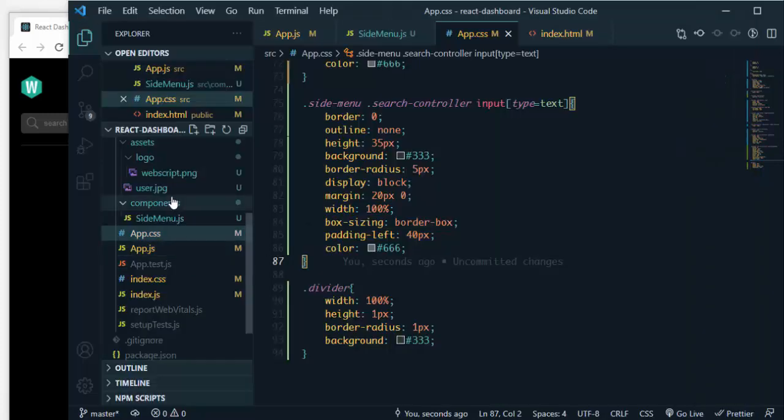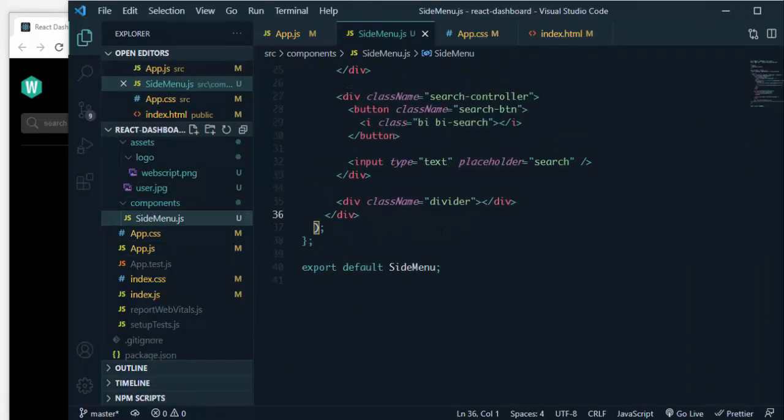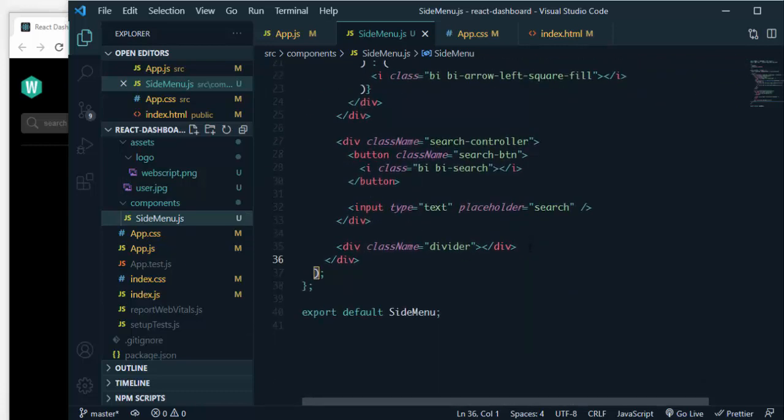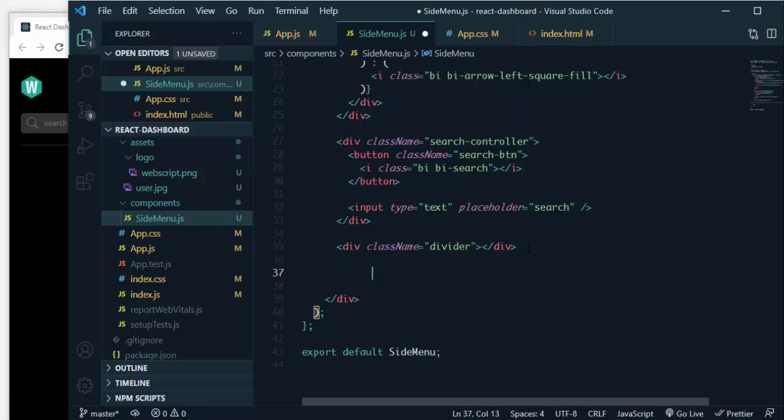Now we are going to add menus within this sidebar. So let's quickly start that part. Let's go to your side menu component. I'm writing everything statically right now, but we'll create a different component for menus. Also we'll use the React Router DOM library for the navigation. So just stay here with me and I will do all of that. We'll say div, and